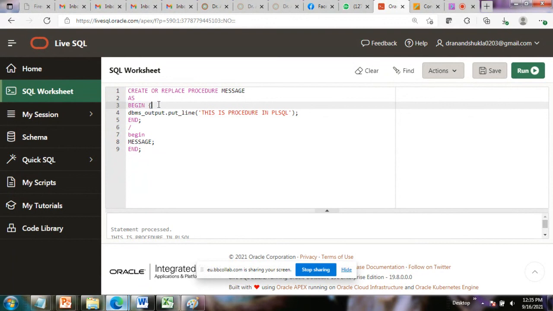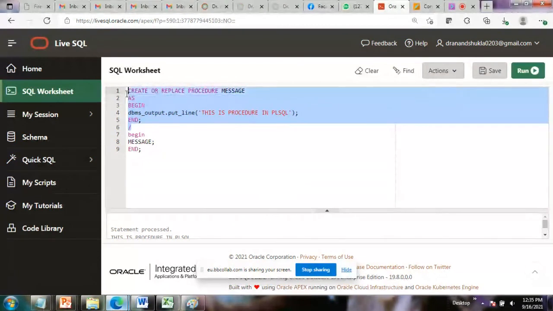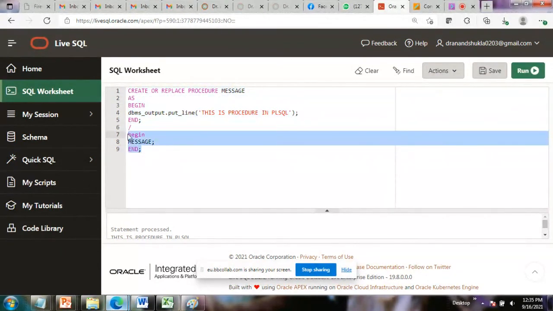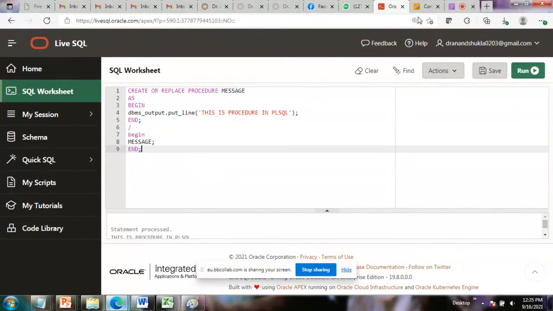I'm just telling this for new students. Begin, what do you want to do with this procedure? I just want to execute a statement only. Any statement can be there. I have written: this is procedure in PL/SQL. End. Now this is the procedure creation and this is the procedure execution.